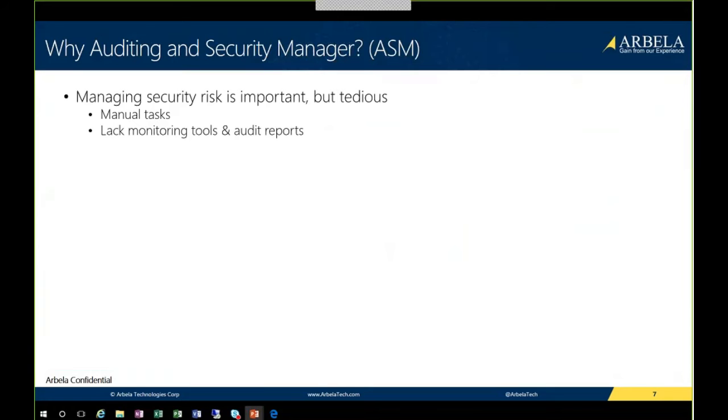When you're implementing AX and ERP, usually security is an afterthought, right? So generally, it's a gray area that starts to materialize after you go live, and then the problems occur, right? And then your audits come. So usually, it's a reactive task that you have to do with a very tight schedule. The tasks are manual, require a lot of man hours, a lot of extra work, and a lot of input from a lot of different personnel.